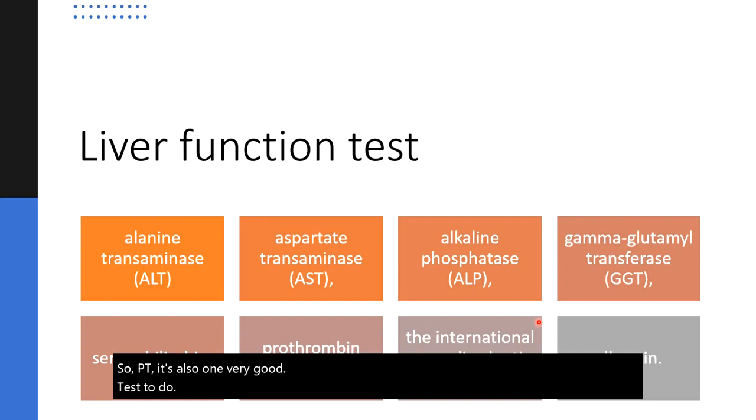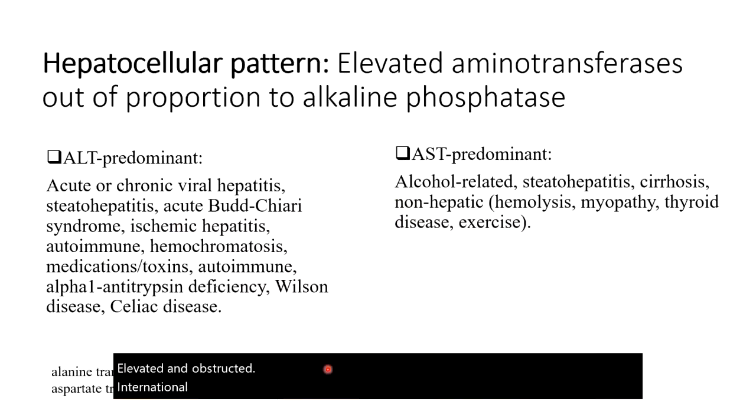Here are all the liver function tests. Gamma glutamyl transferase, also elevated in obstruction. International ratio and PT. Okay, hepatocellular pattern. We have an elevated aminotransferase